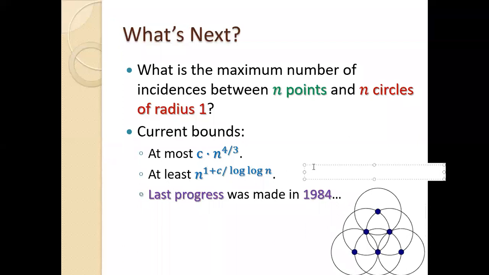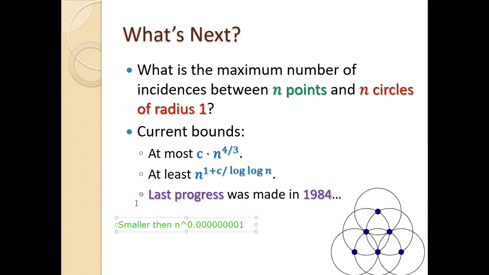This is, let me write it here, smaller than n to the power of 1.000001. This is very close to 1. So there's still a big gap between n to the 1 and n to the 4/3. This is a very important problem. A lot of it implies a lot of other results in multiple mathematical fields. I assure you,